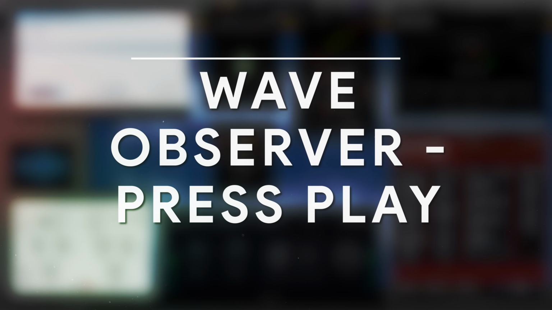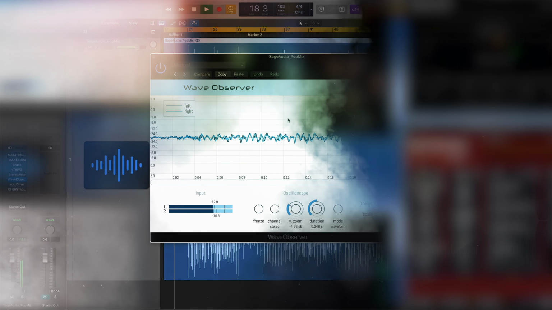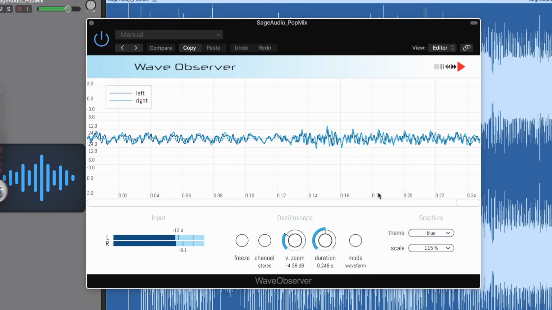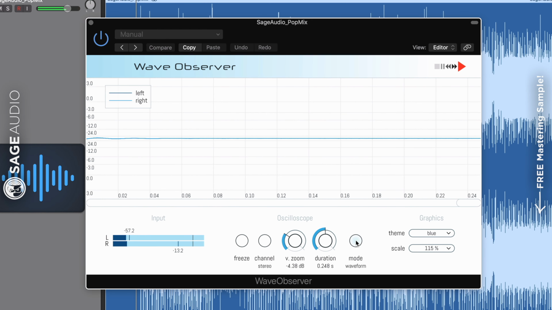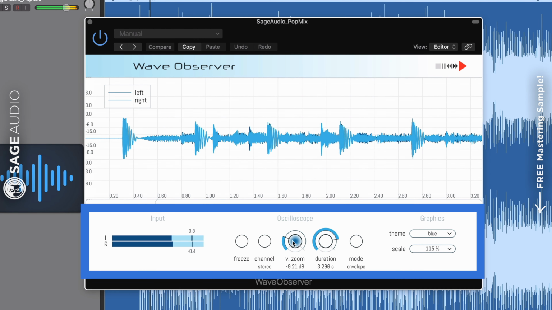Number 6 is Wave Observer by Press Play. If you need to delve into your waveform to check for mild distortions or phase issues, try Wave Observer. It allows you to view both the waveform and the waveform's envelope, as well as monitor either the left, right,